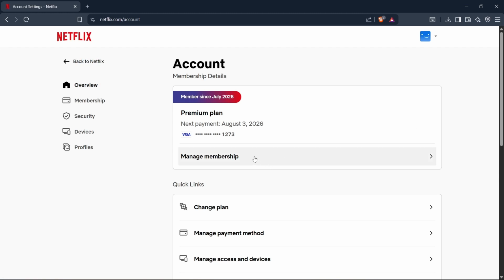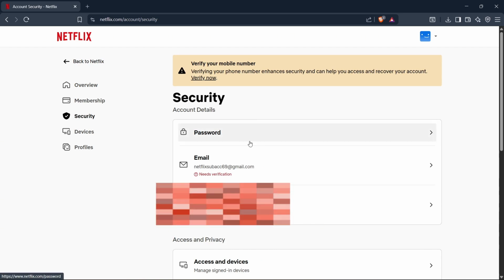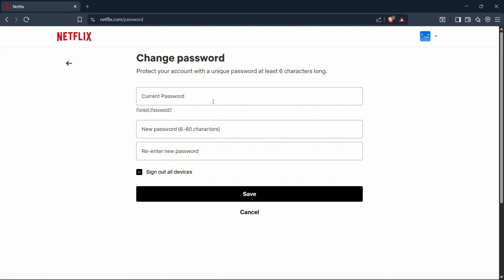and after selecting account, you are going to see a lot of options, and one of those is security. Just simply tap the security option, and then you are going to see the option of password at very first. Simply tap the password option, and then you can change your password by just simply entering your current password at